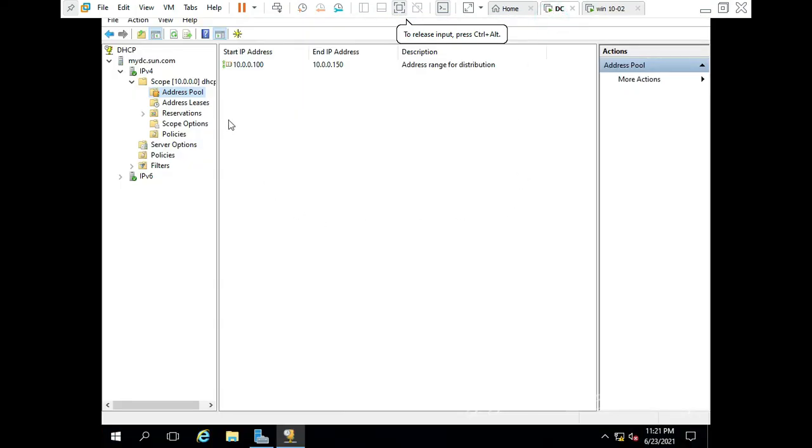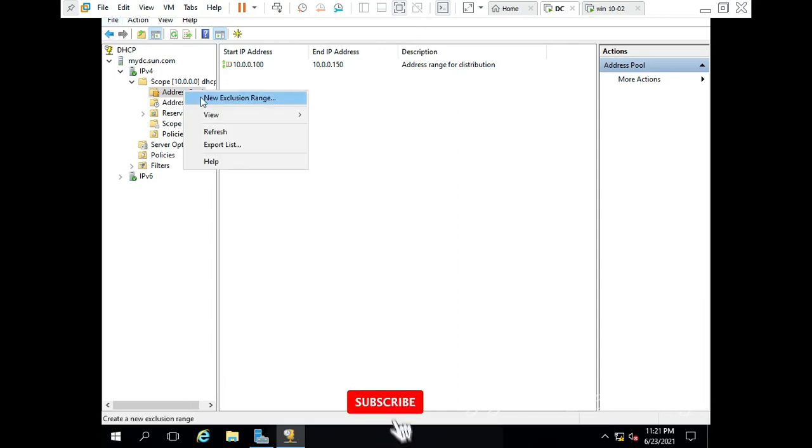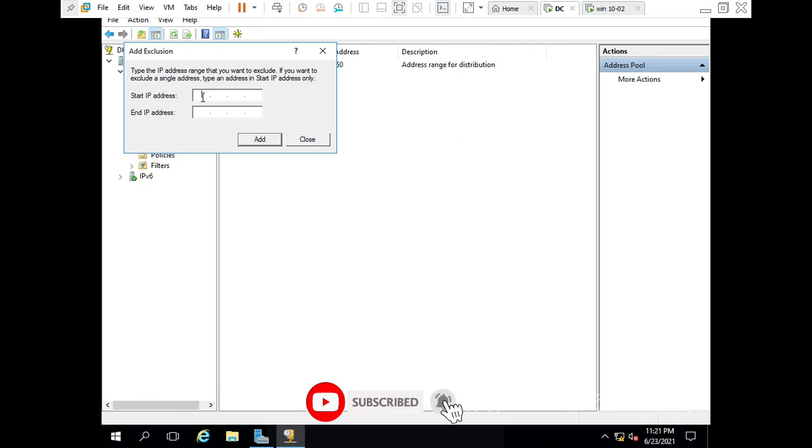The second concept is excluded address, that is we are going to restrict some IP addresses on your ranges. Give new exclusion range. I am adding the IP address 10.0.0.100 to 10.0.0.105. Totally 5 IP addresses will be restricted in my excluded area from the given range. So 10.0.0.106 is the IP address that will be assigned to the end system, that is the start IP for the end system.